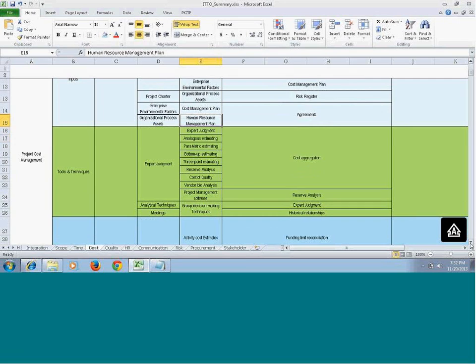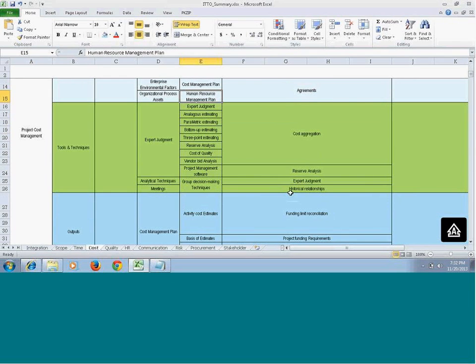that particular activity. So now the tools and techniques we have are expert judgment, then analogous estimating. This is top-down estimating, where we copy the previous similar project's cost and then start working from there. Parametric estimating is based on historical data, where based on a particular unit or parameter, you will calculate your cost. Then you have bottom-up estimating, where you go to the unit level and then sum it up to the top.